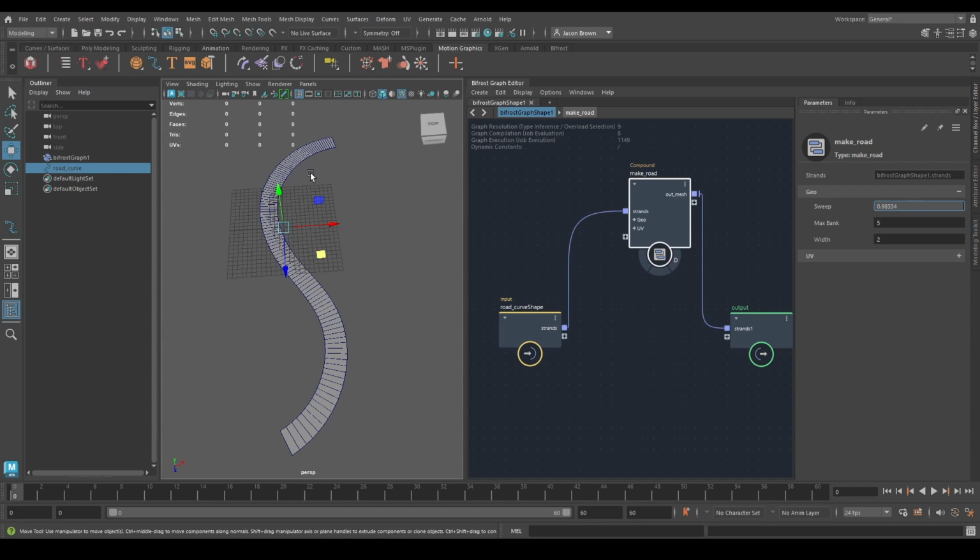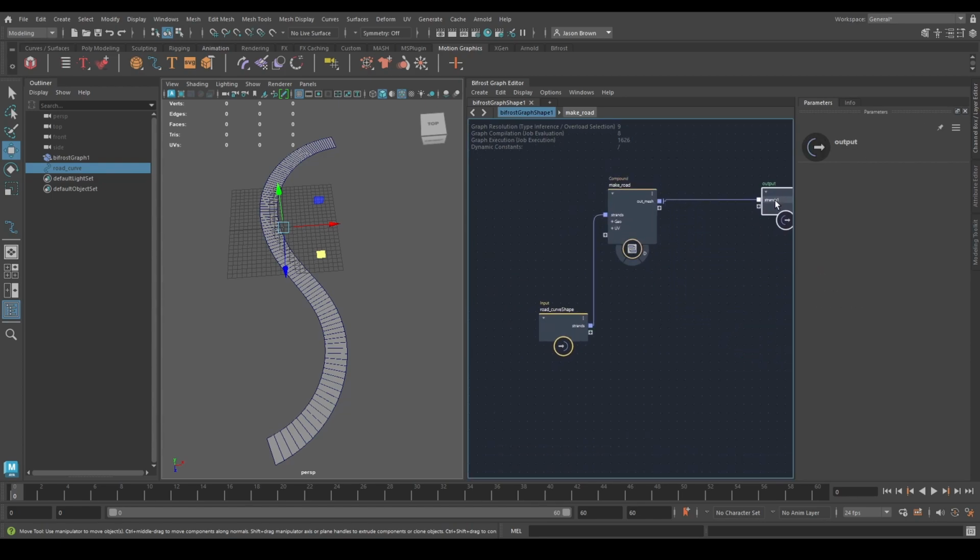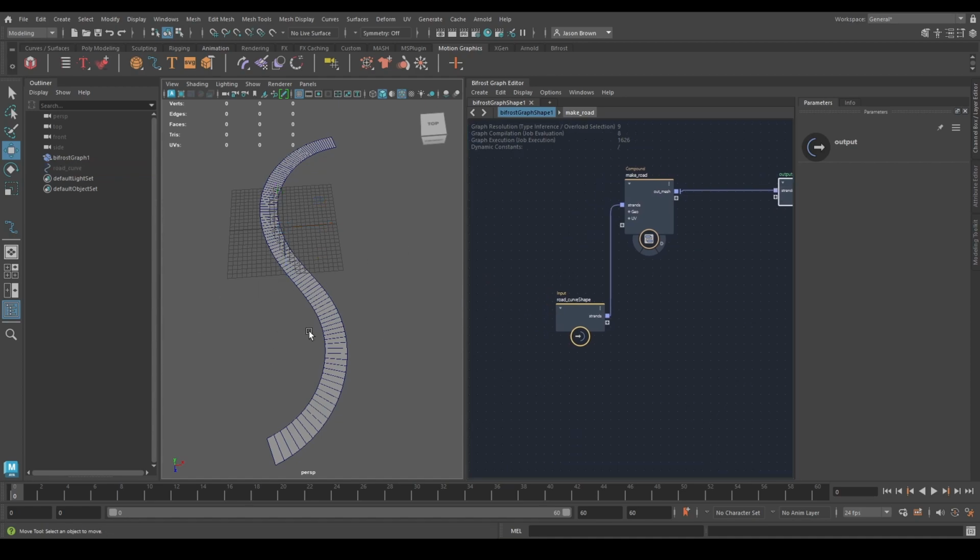And remember, we started drawing up here. We finished drawing down here. So this is sweeping from the last to the beginning. And that's using the point ratio I showed you before. But I've got to stop giving you clues about what's in that compound because I want you to go in and have a look at that compound. All right, so this is pretty much all we're going to do with this compound here with the make road